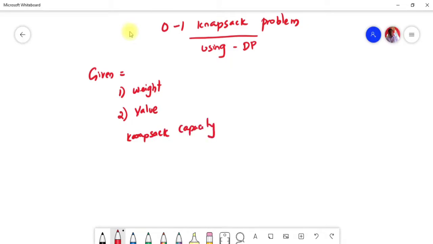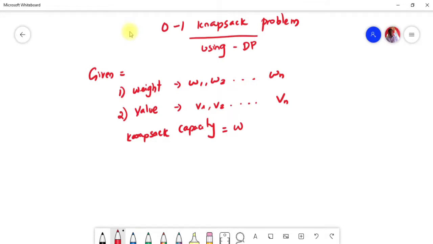So the weights look like W1, W2 up to Wn, and the values are V1, V2 up to Vn, and the knapsack capacity is W. The terms are quite common. You can use any other term instead of W and V.